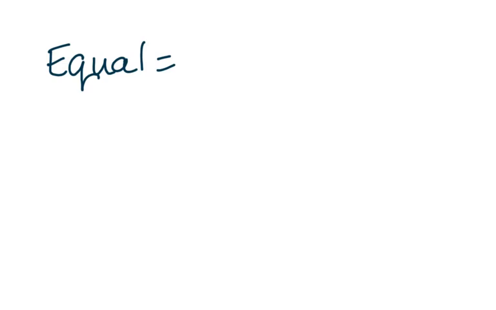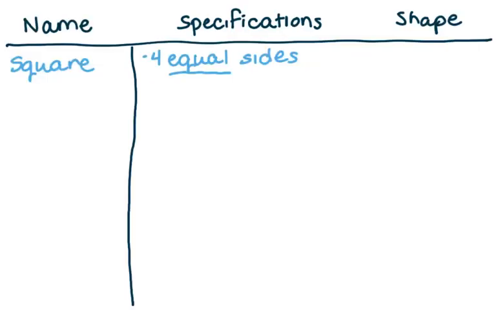You spell that word C-O-N-G-R-U-E-N-T. You may hear me say the word congruent throughout this video and also on your work when you start doing the sort for the quadrilaterals. So again, the word equal and congruent are the same thing. If I say it has congruent sides, that means the sides are equal in measurement. Okay, let's go back to our table. So four equal or congruent sides,